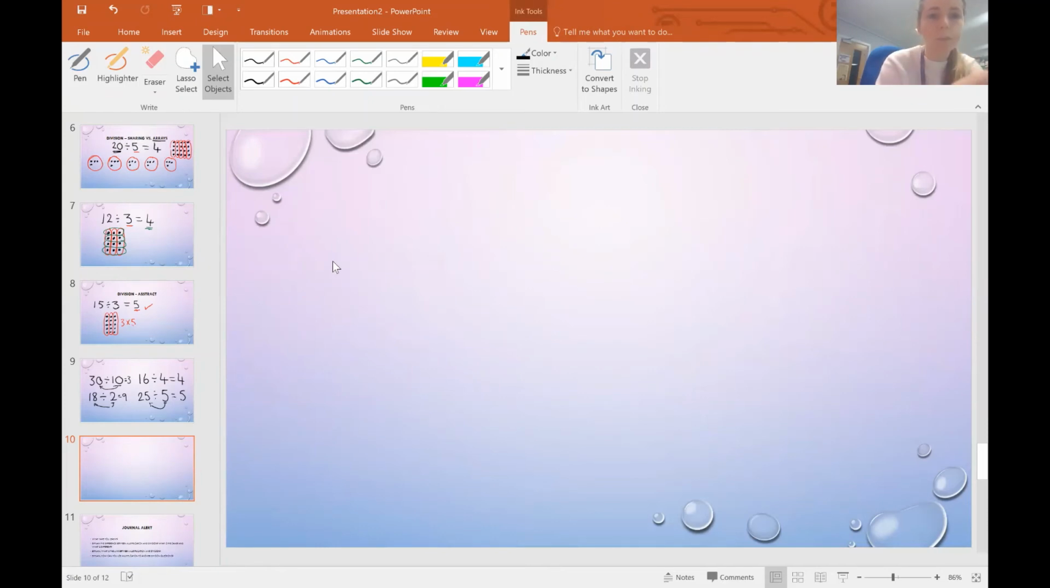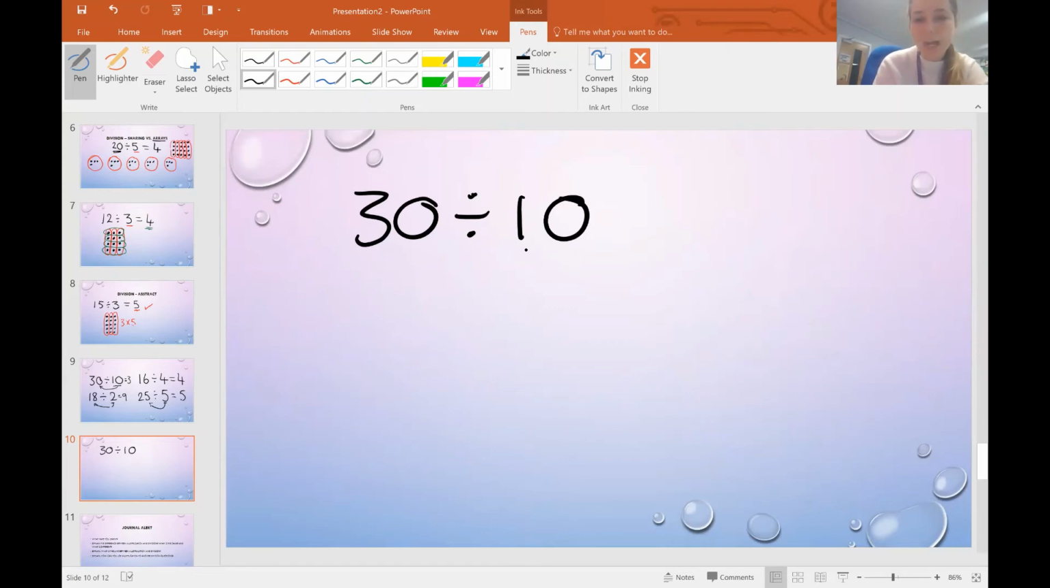The one that we did first of all. 30 divided by 10. What we're saying is, how many 10s are in 30? How many 10s are in 30? So if we've got 30 and we're splitting those into 10 equal groups,